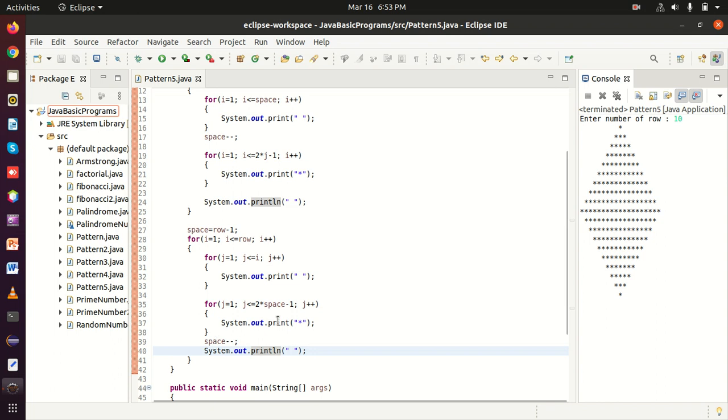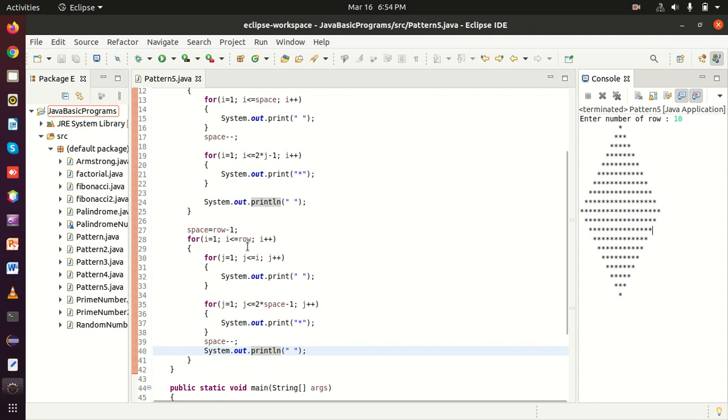Now 2 into 8 will be 16, minus 1 will be 15. j is going to execute from 1 to 15, that means it will print 15 asterisk symbols in this line. So we can count here 1, 2, 3 up to 15. Clear?